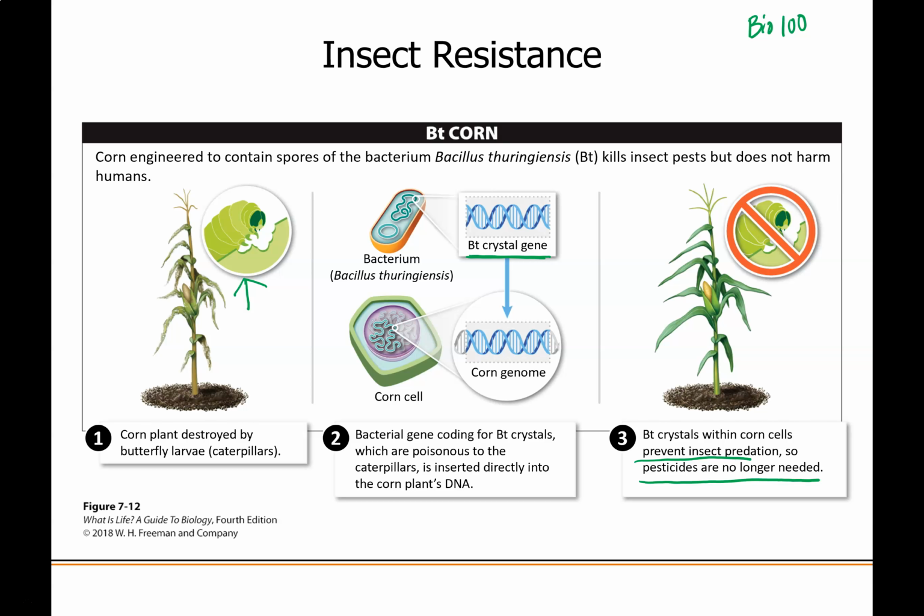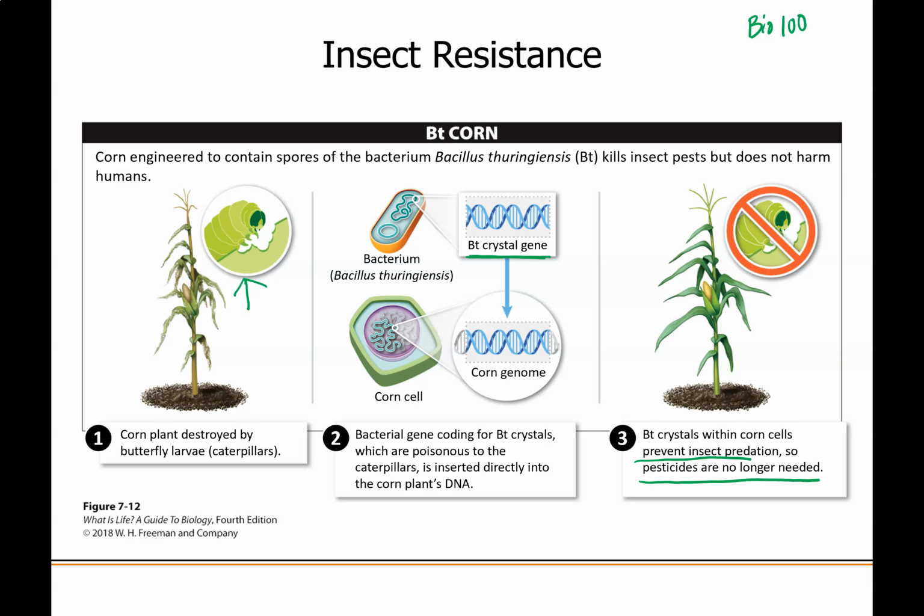So just a quick recap, because I went a slightly different direction than our book. In the process of transformation, bacteria take up DNA from their environment. Now, this is a natural process that keeps genetic variation within a bacterial population because it can acquire these new alleles, new genes, new genetic information from the environment. But we can also use this same idea in a lab in order to introduce genes from other organisms into a bacterial cell for a variety of purposes.